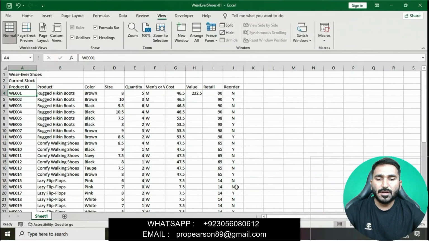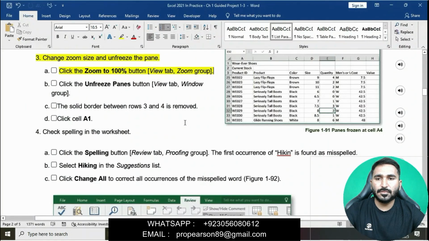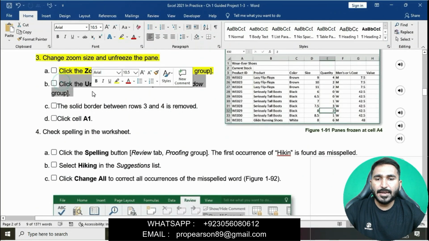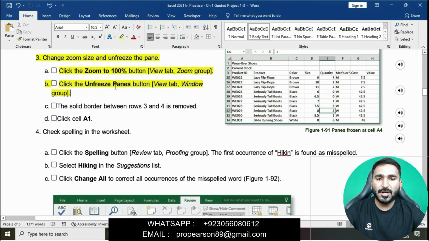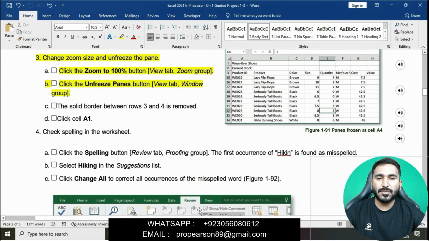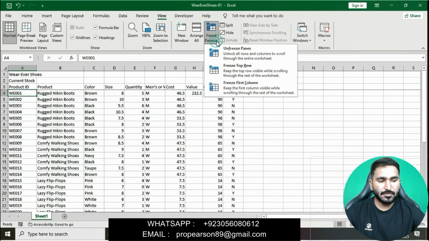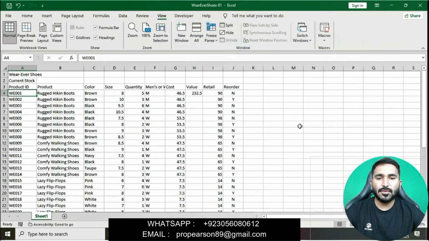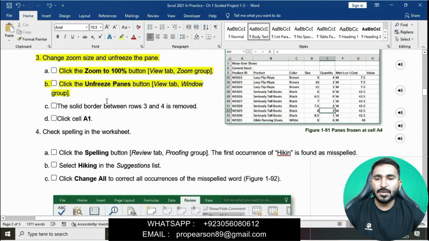Now click the Unfreeze Panes button. Simply go to the View tab, and in the Window group, click on Unfreeze Panes.